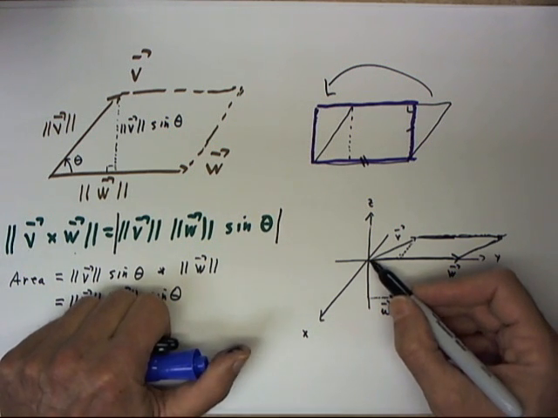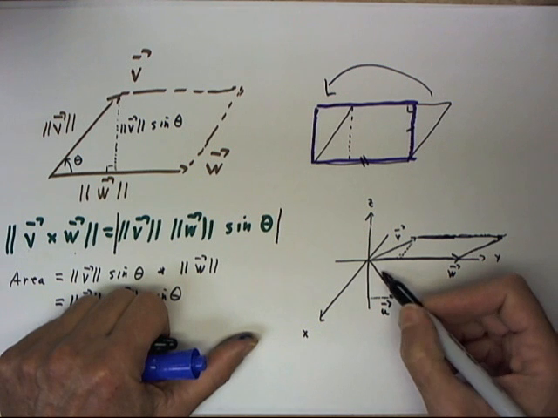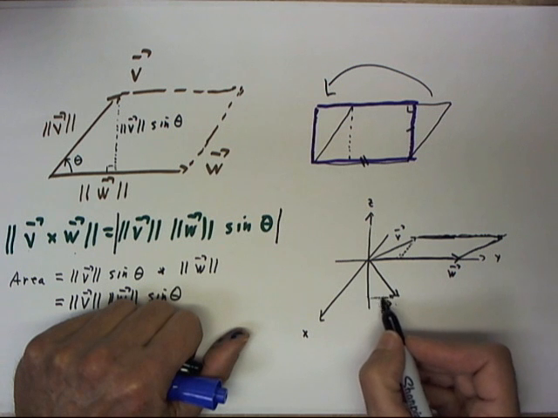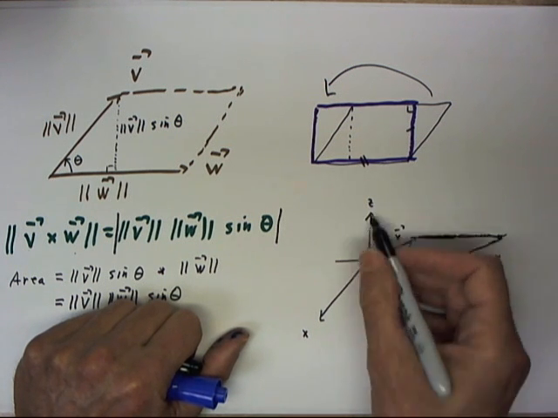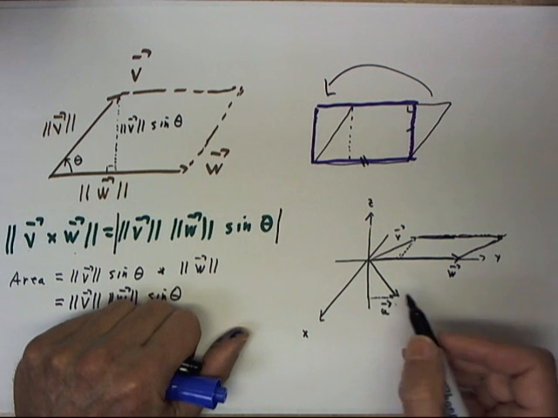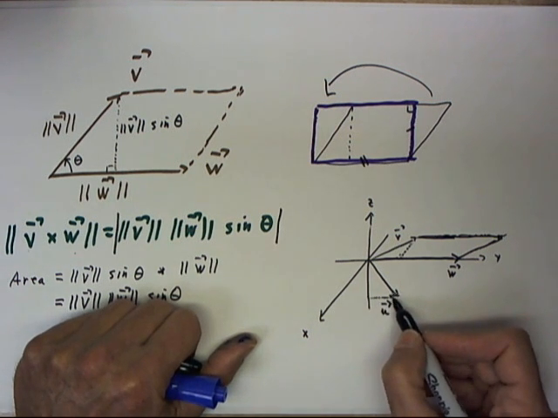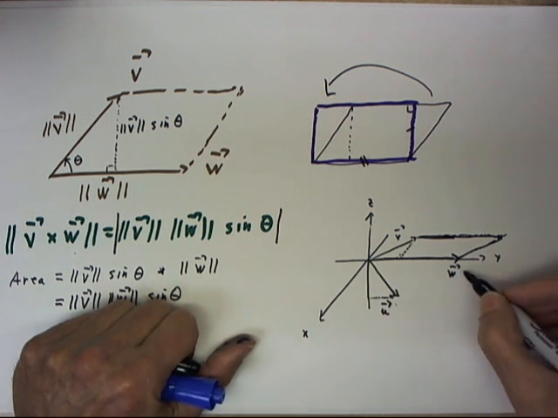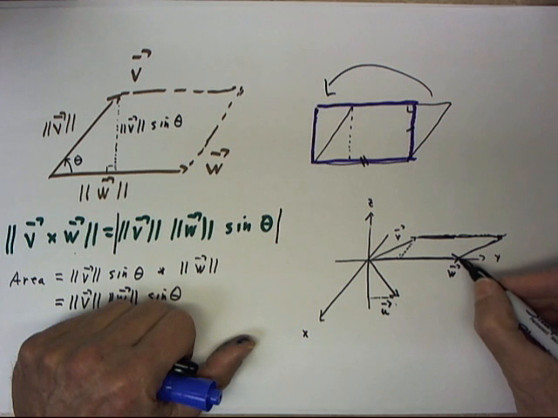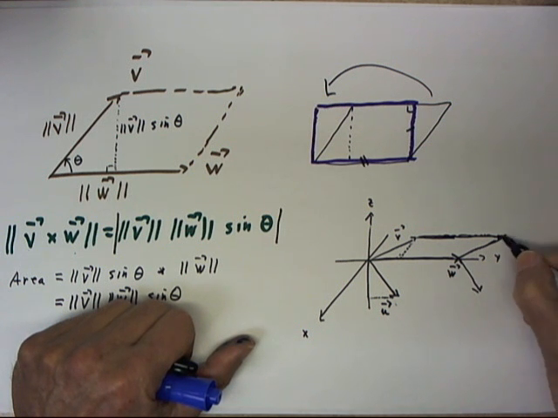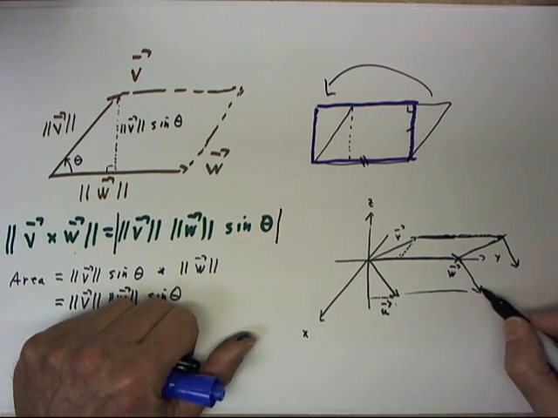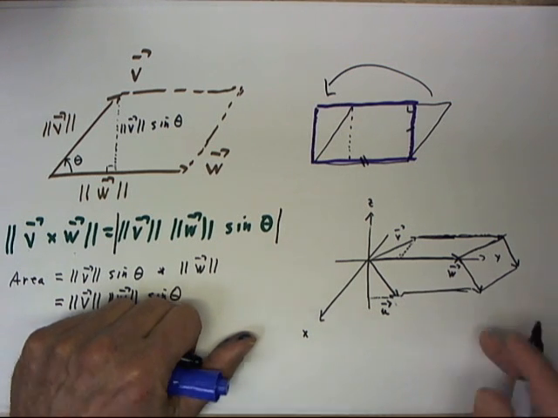Now I invoke another vector U. Now this vector U is not in the XY plane, and I'm going to have this vector project over onto the Z axis. So the U vector projects somewhere over here onto the Z axis. If I draw a vector parallel to U here, and another one here, parallel and of the same magnitude, and complete this figure, we see that we get a